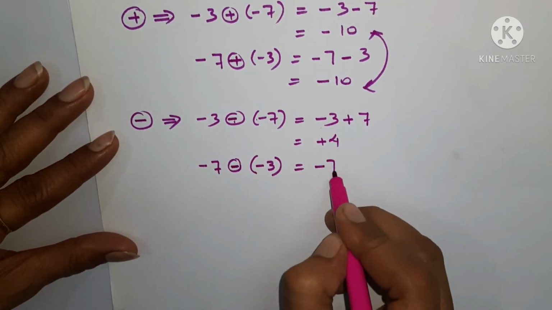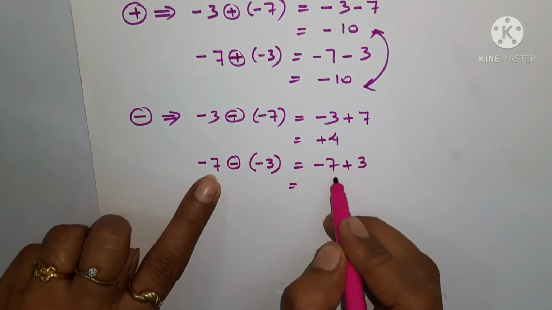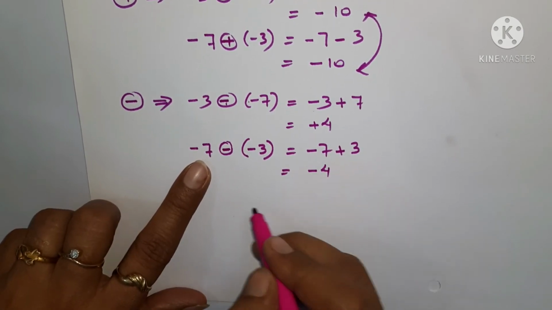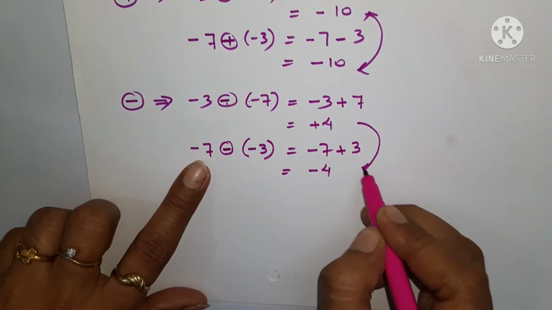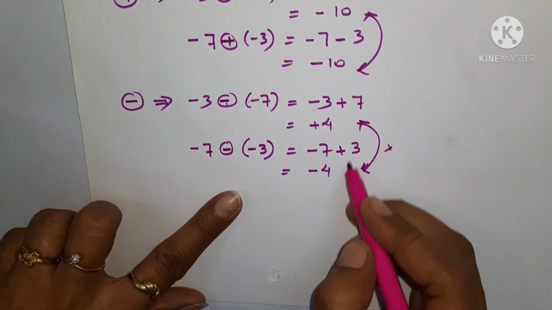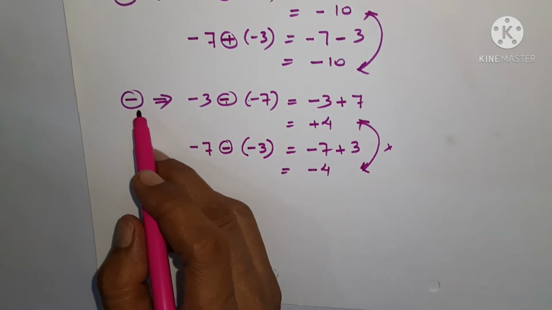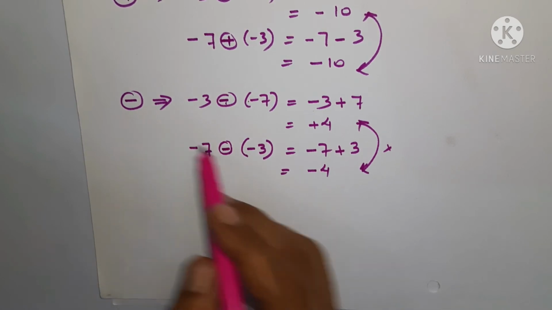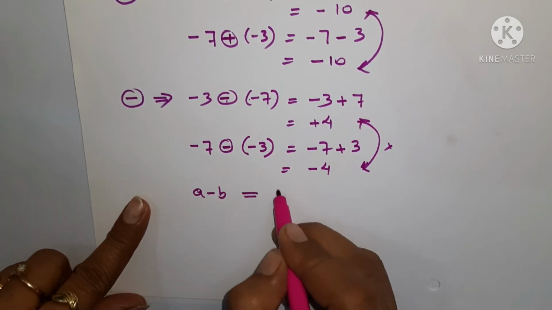Now let us see, it is going to give you -7 minus into minus again plus, then 3. What result you are getting here? This is -7, this is +3, and you are getting the result as -4. What result you are getting? -4. Are they same? They are not same. They are not equal. This is +4, this is -4. It means in case of integers, commutative property is not applicable for subtraction, because they are not equal. It means you cannot say that a minus b is equal to b minus a.